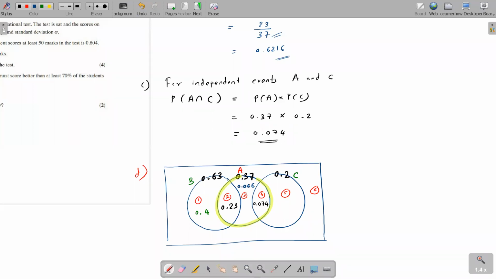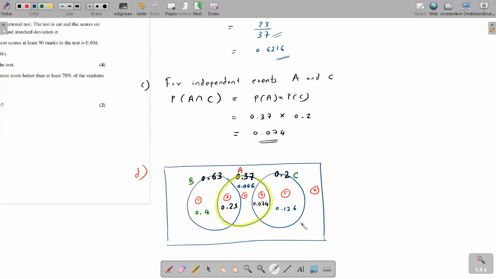I think you need to draw your diagram a little bit bigger. As you can see, I'm having trouble finding the region right over here. Okay, region 5 is 0.126. So how do you get that value? You subtract 0.2 from 0.074. How much is it? 0.126. Check it.